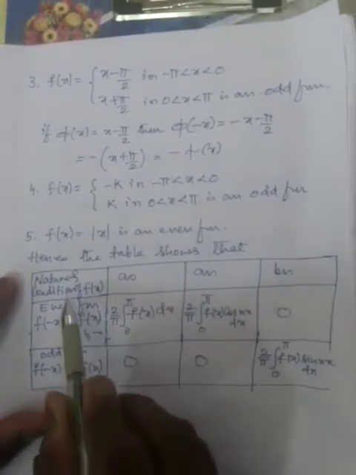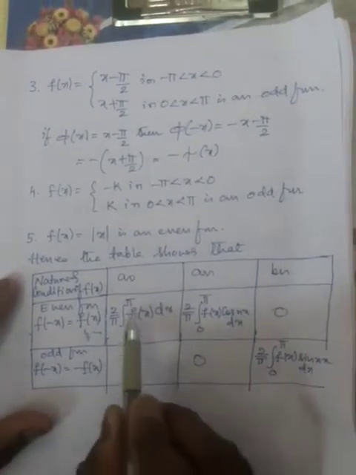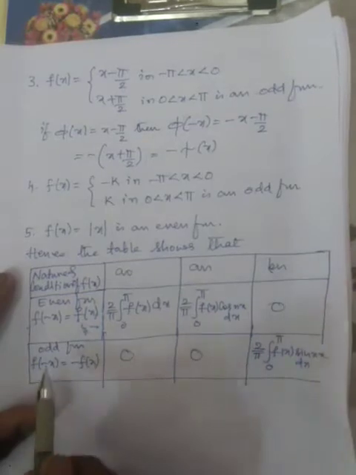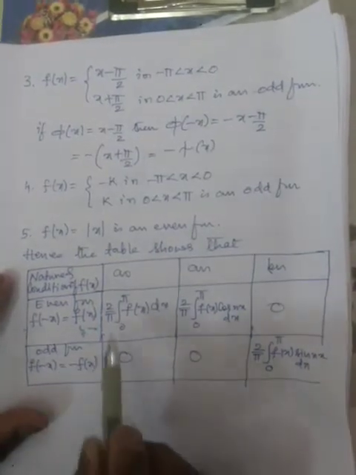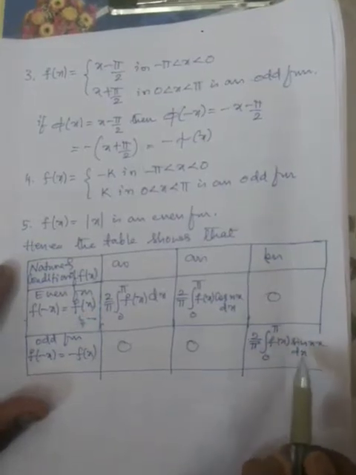Students, in continuation of our example given in the previous class, let me take again the continuation of the same. We have given so many other types of examples and all are clubbed in one table. When f of x is even, we need to get a0 and an, and bn is equal to 0. When f of x is odd, a0 and an will be 0, and bn will be simply 2 upon pi, integration between 0 to pi, f of x sin nx dx. First observe all these conditions.